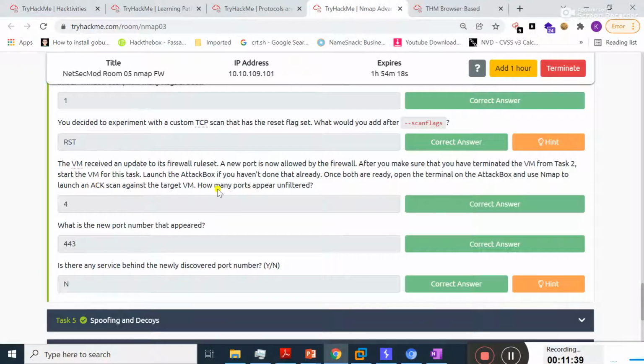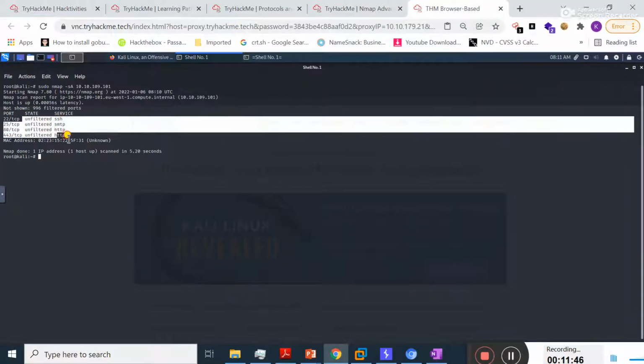Okay, I should perform the acknowledgement scan. And hit enter. The question is how many ports appeared unfiltered? See here, the number of ports that are unfiltered is 4.